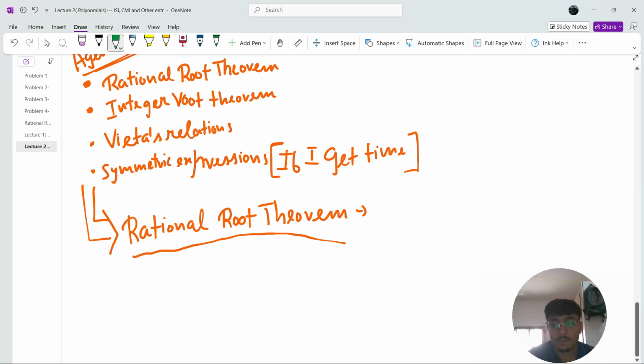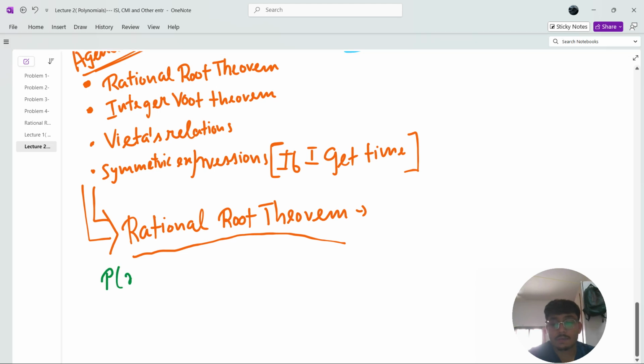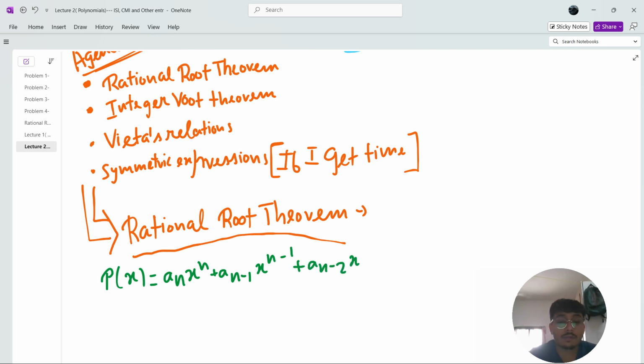I am given a P of X, which is a n x to the power n plus a n minus 1 x to the power n minus 1, my general polynomial equation, plus a n minus 2 x to the power n minus 2 plus dot dot dot plus a1 x plus a0 equals 0. This is a polynomial equation. What does this theorem say? This theorem states that